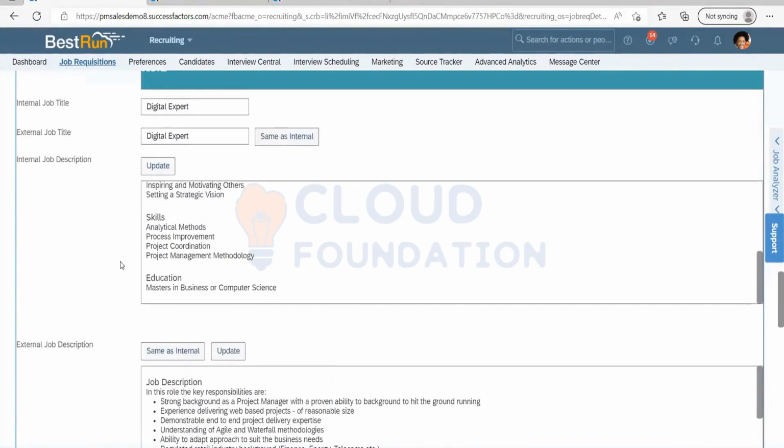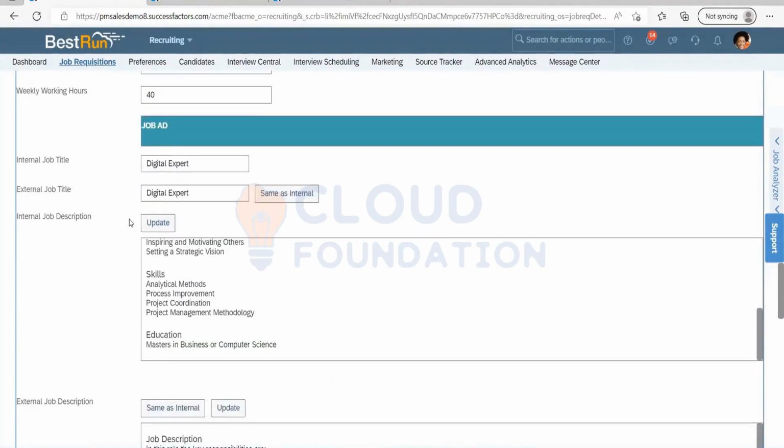Now we will talk about internal job title and external job title. The internal job title field is this. This is for when you want to call this job something different for internal candidates. You know about IJP, right? Internal job portal. If I'm working within a company, I can apply for a different position within my company. If I go to careers,